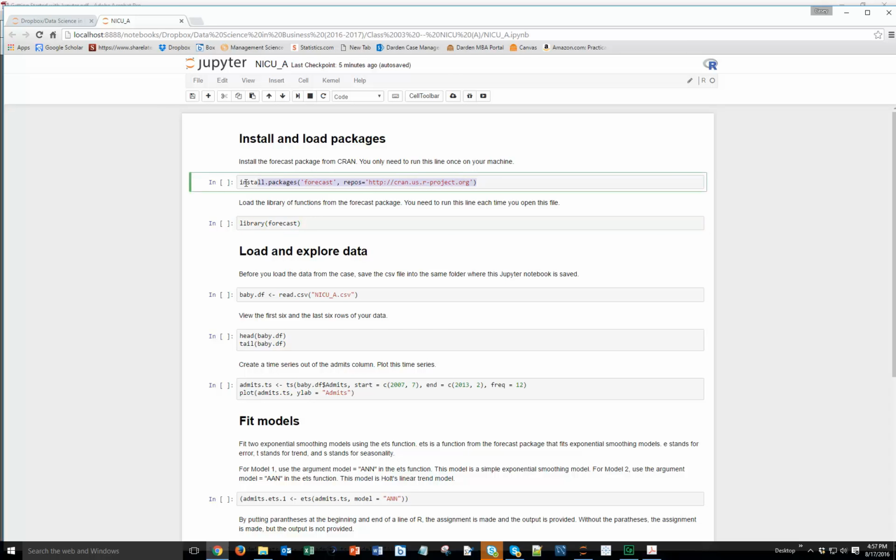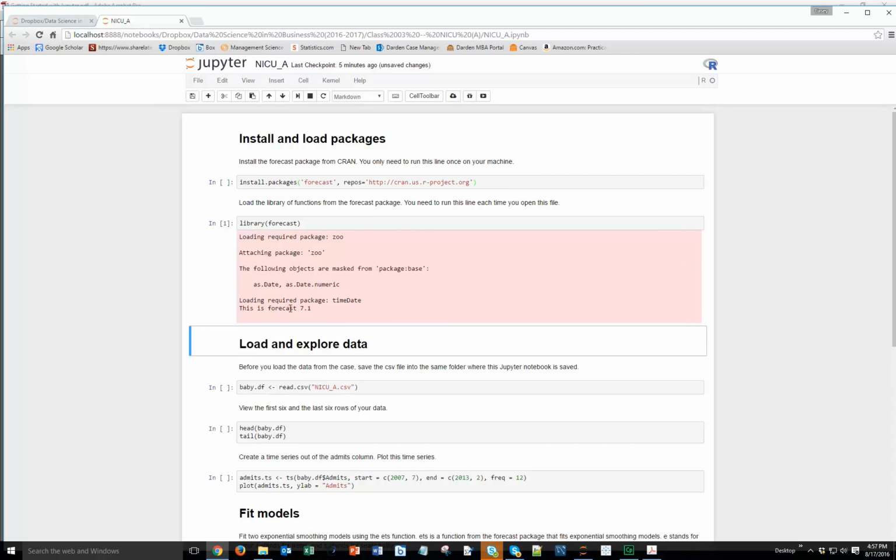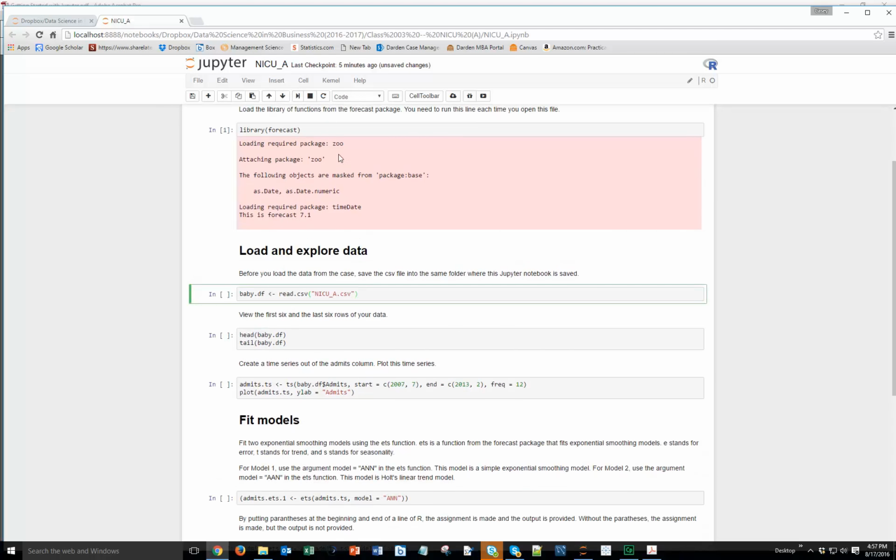You only need to install packages once on your machine. I've already done that, so you'll want to run this line once on your machine and then never need to run this first line. So I'm going to start down here with this second line of code, and we've got section headings, markdown comments, and then these cells where our code sits. To run a cell of code, you just press this play button, and that loads the package. Now let's load the data,